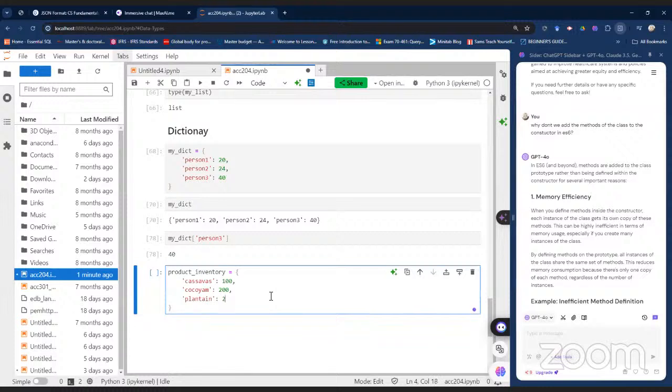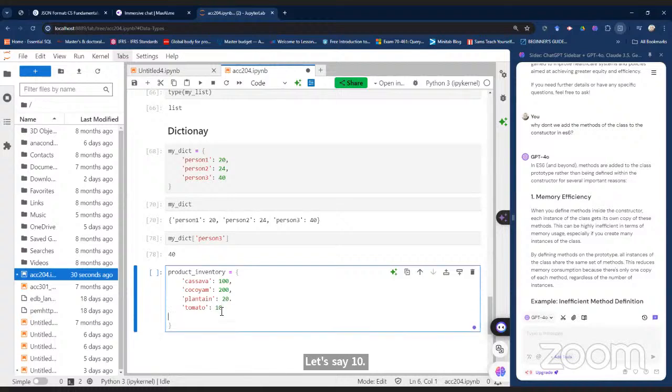Plantain is 20. Tomato, tomato is, let's say, 10. So they are all in maybe boxes. So 10 boxes,